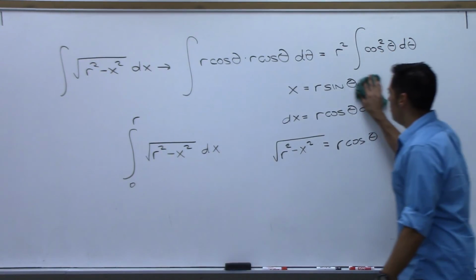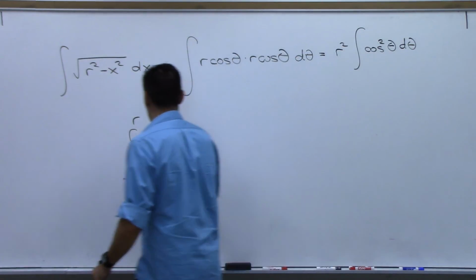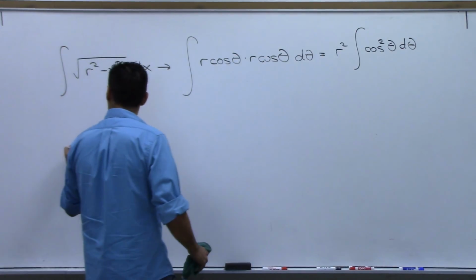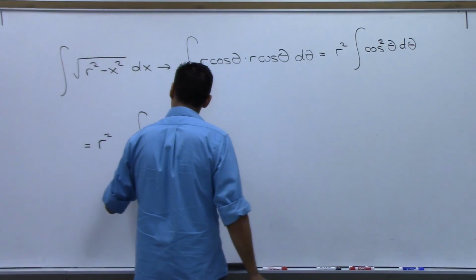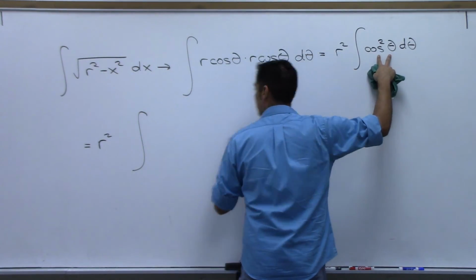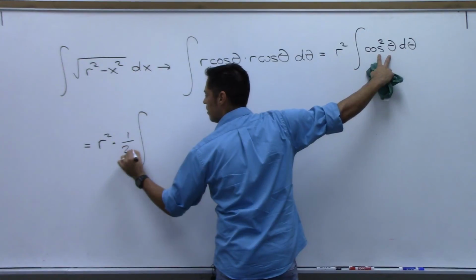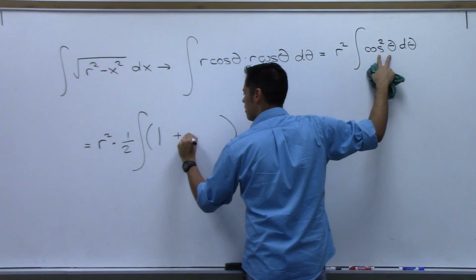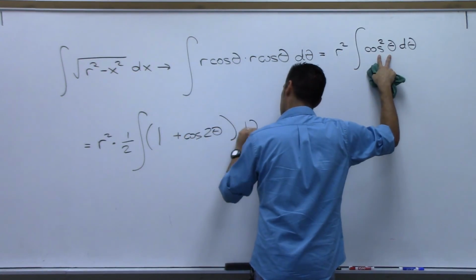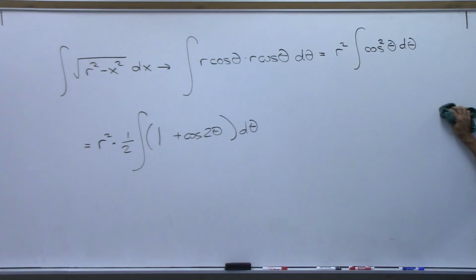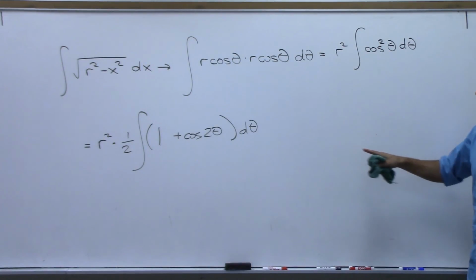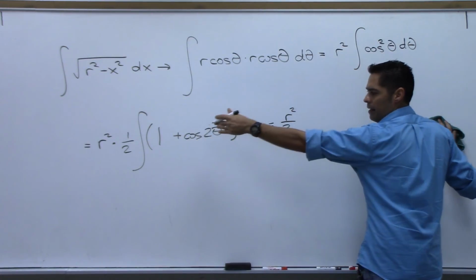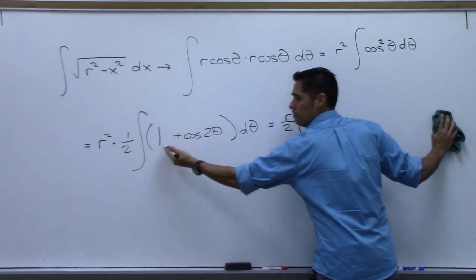And how do you integrate cosine squared theta, d theta? Power reducing. Good. So this is going to be r squared integral. You said this is going to turn into 1/2. Can I pull that out? Yes. 1/2, and then it's two things now, right? 1 plus cosine 2 theta d theta. Now, find the antiderivative of each of those, term by term. So let me write r squared over 2 out front instead of that. Antiderivative of 1 theta